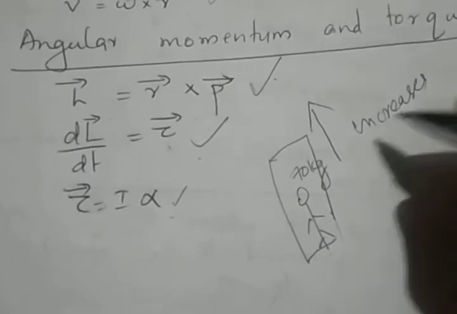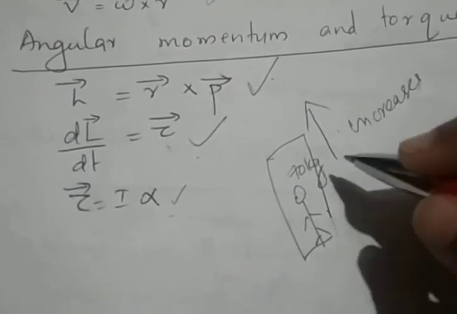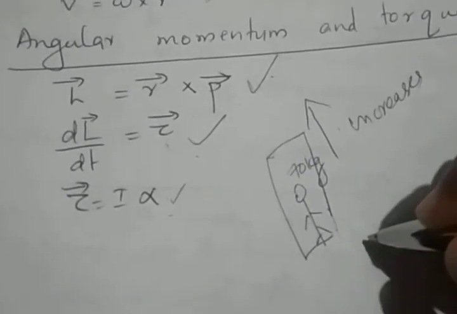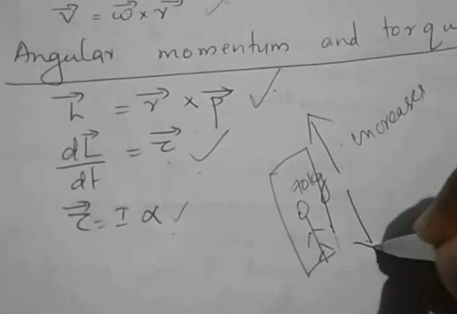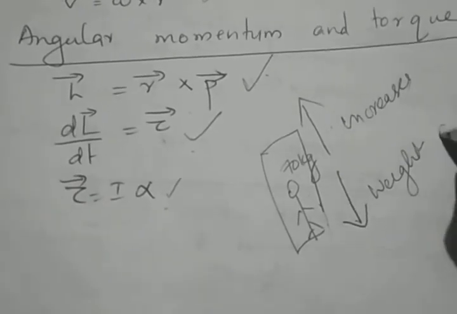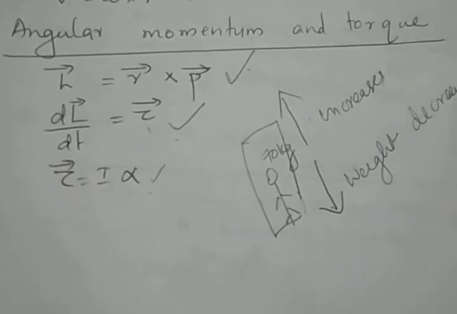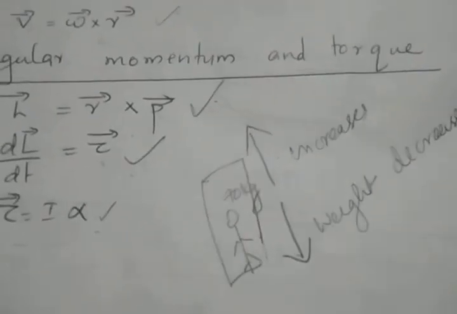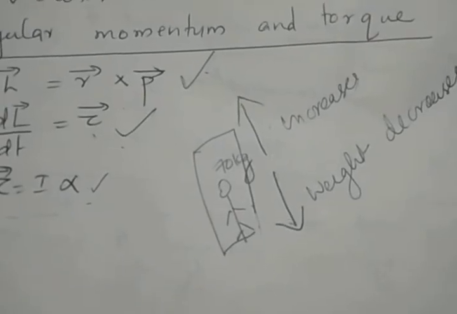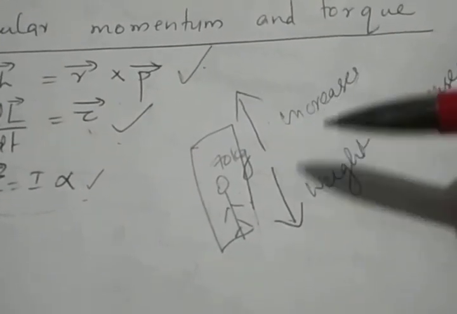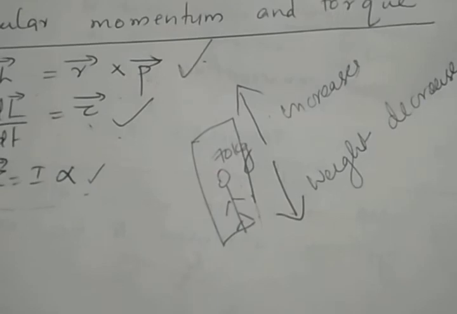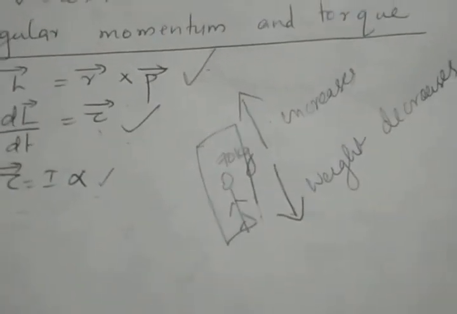This concept is very important. You should remember this concept very well. When the lift is accelerated upwards, the weight of the person increases. At the same time, when the lift comes down, that means when it falls freely, the weight of the person decreases. So you can expect a question: what happens to the weight of the person in a lift when the lift is accelerating upward, when the lift is accelerating downward? So when the lift moves upward, weight of the person inside the lift increases. When the lift moves downward, weight of the person inside the lift decreases. So remember this concept.